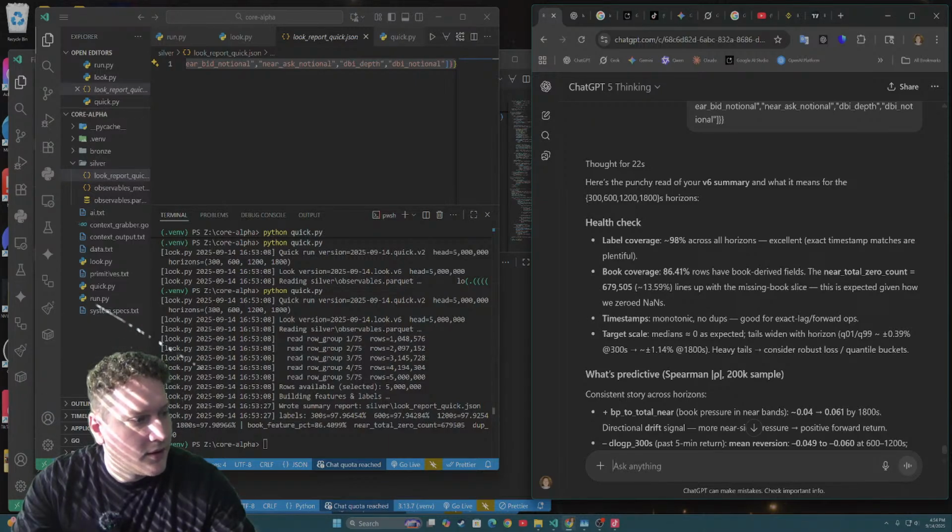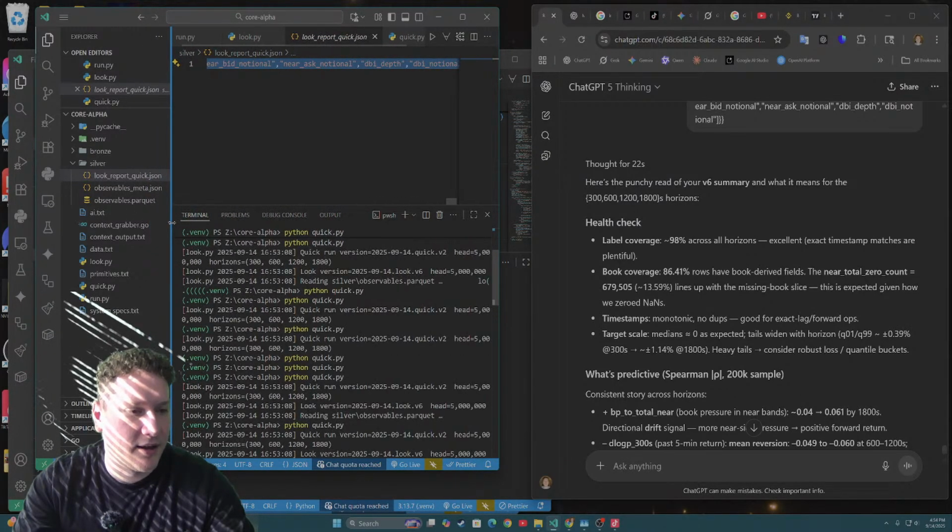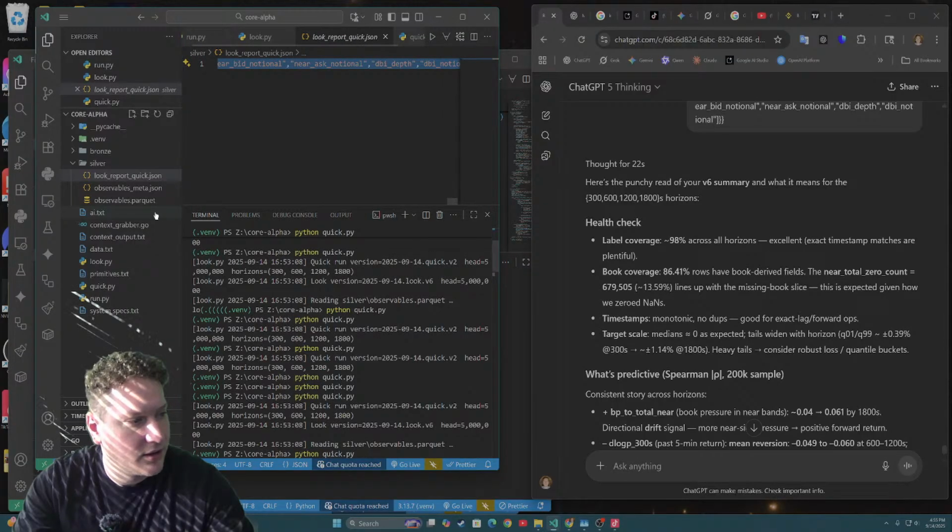So, what database are you using to store the data you are pulling? We're using Parquet files, and we actually started using DuckDB to do some reading of the files and some manipulation.